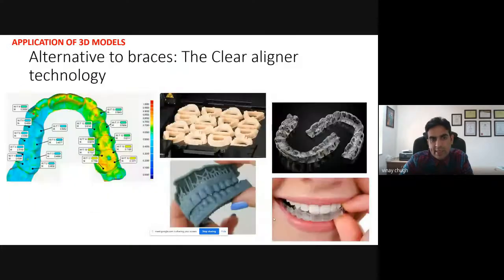And nowadays, as the aligner technologies, or what we call clear aligners or invisible braces, are becoming popular, they again make use of this 3D model technology, and this is how we fabricate a number of the aligners, and these aligners are worn by the patients. After every 2 weeks, the patient changes, and some amount of tooth movement is built in. So this is about the 3D planning in terms of teeth, where we are aligning the teeth and properly positioning them into the jaws.